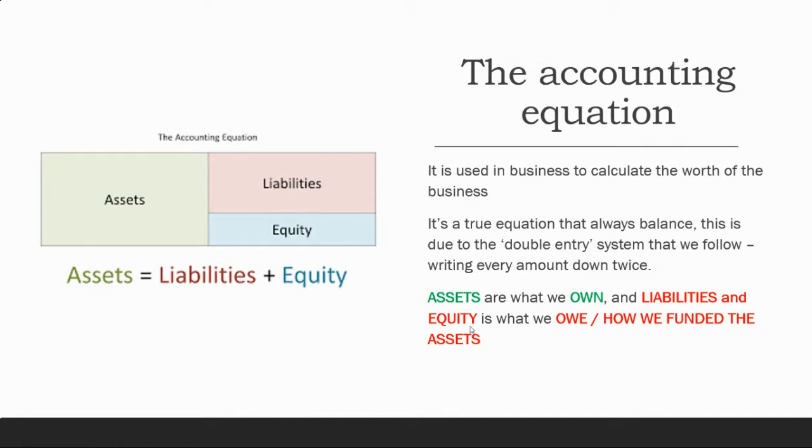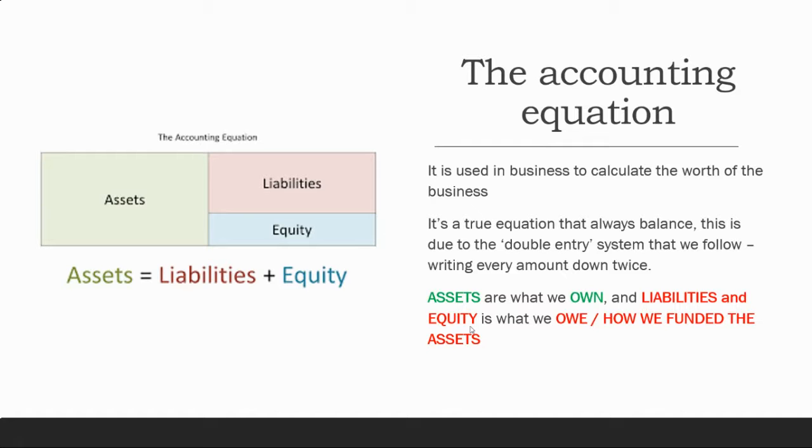I owe someone money for something they have given to me, whether it's an asset, an expense that they've provided, or a service. Owner's equity, on the other hand, is also funding. It's money that I owe the owner back if we close the business. That is generally how we fund our business. We can fund it through either liabilities, debt, or we can fund it through owner's equity, so the shareholders put